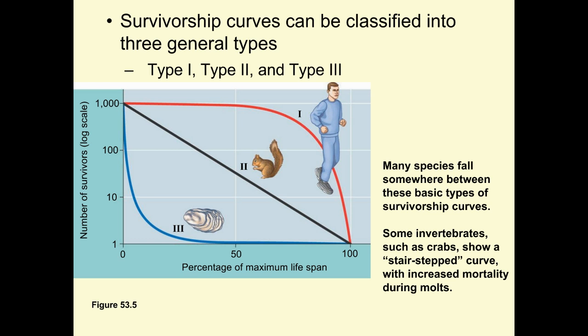Okay. Let's go back here now. This is not looking at population growth. It's looking at survivorship here. It's a little bit different, okay? So what we have is that's a lifespan. This is when you're first born. This is when you're really old, okay? This is number of survivors.